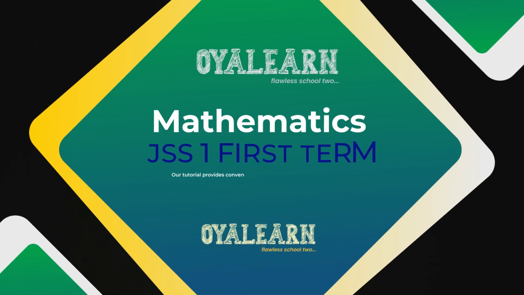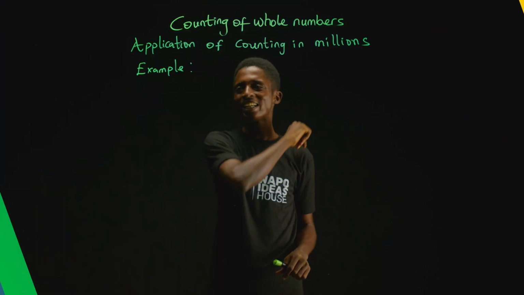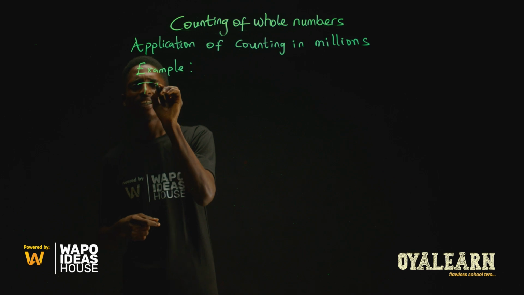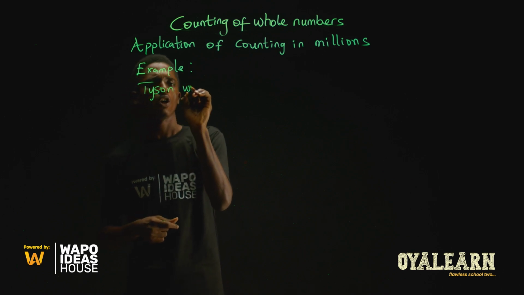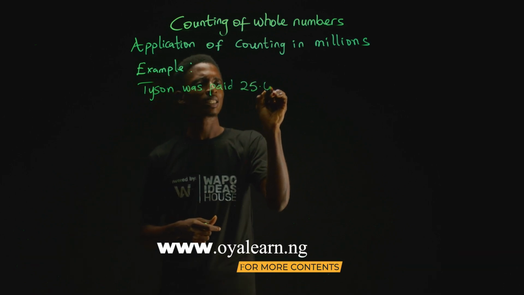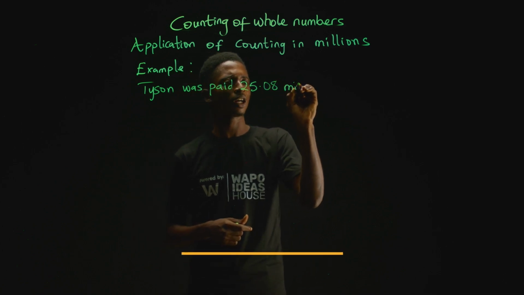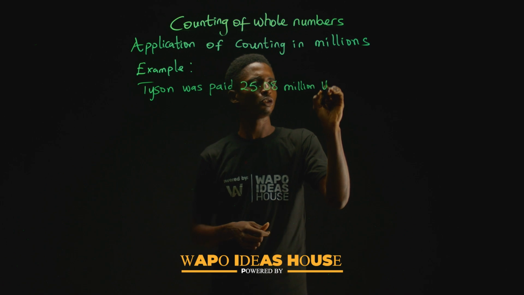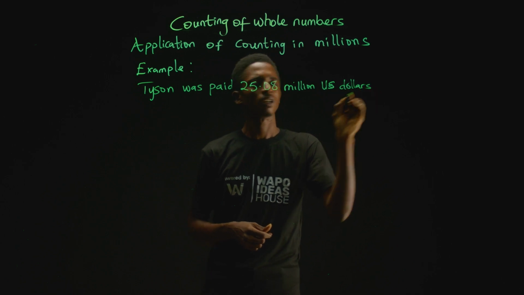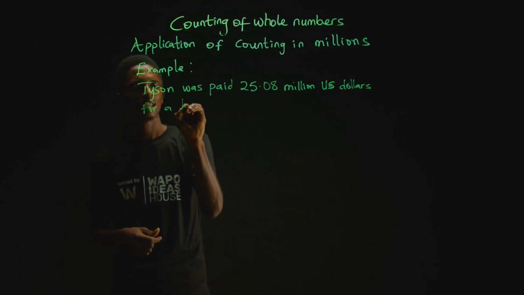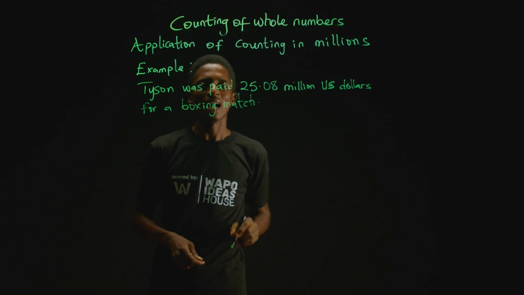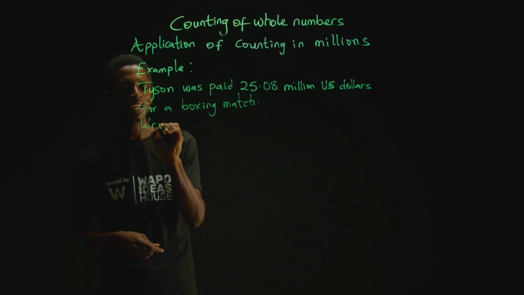Let us take an example on application of counting in millions. Let's say we're given this statement that says Tyson was paid $25.08 million US dollars for a boxing match. And then the task is write